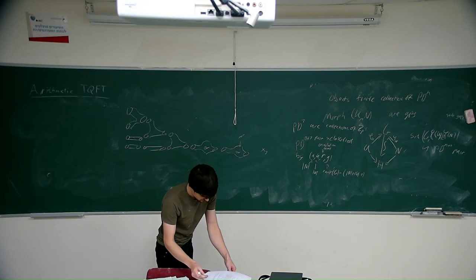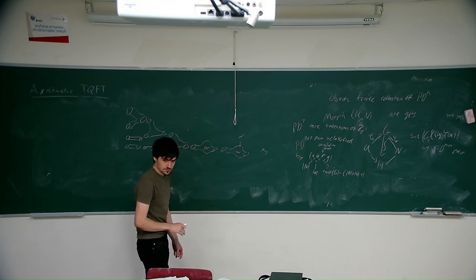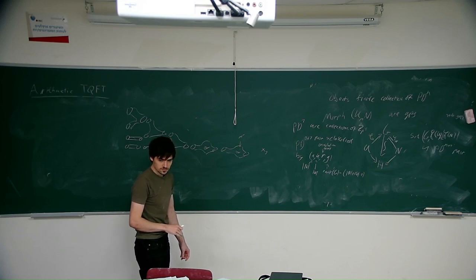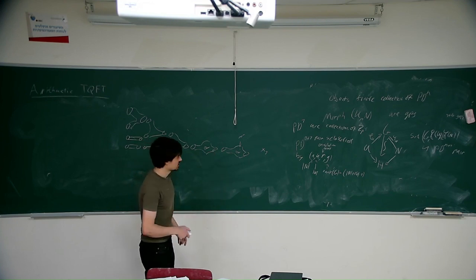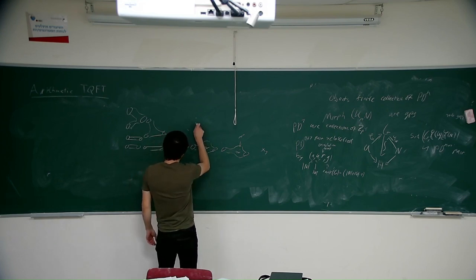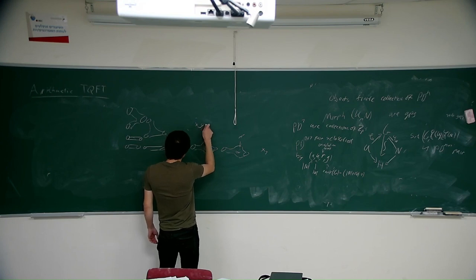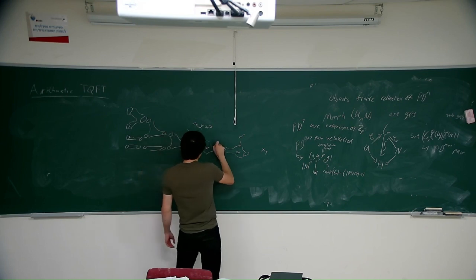Why do you single out the torus? Before that you just said, why do you consider the torus as a building block? Oh, so after that I actually decomposed the torus into two pairs of pants, but just for simplicity now. So yeah, the torus will just be the thing generated by x, y, and s1, the free group, together with the subgroups. Here, this will be the thing generated by s1, and here it will be the thing generated by x, y,